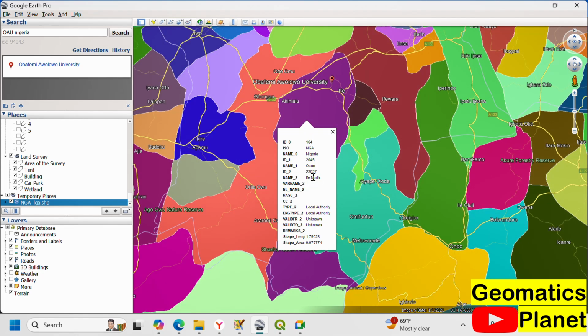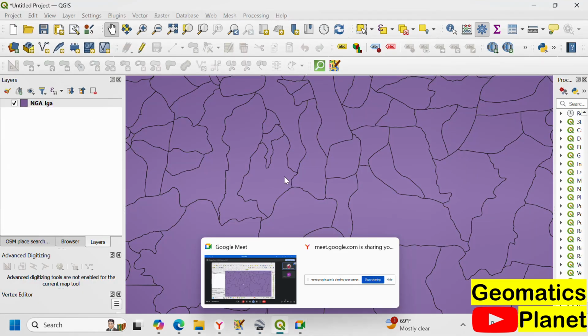So to make things easy for me, that's why I'm moving up like this. So I will have to go to QGIS. I just loaded it in QGIS here, which I can still do with ArcGIS, but I did it in QGIS because I wanted it to be faster for me. So now here